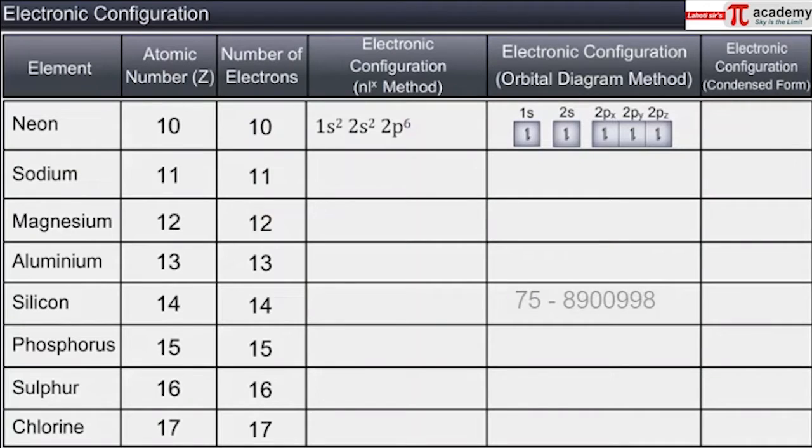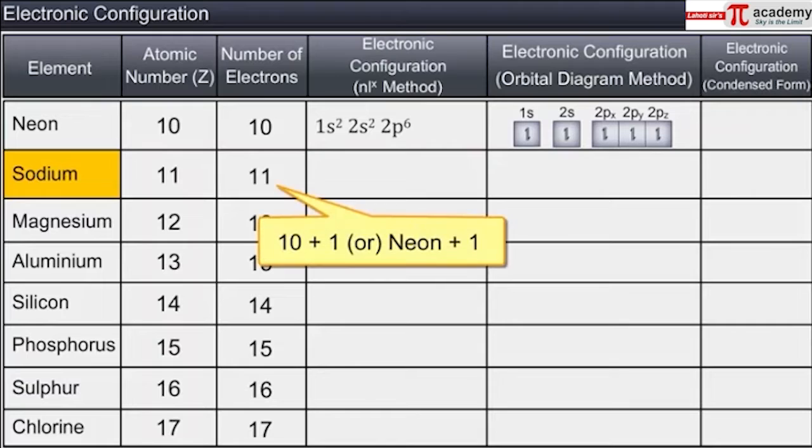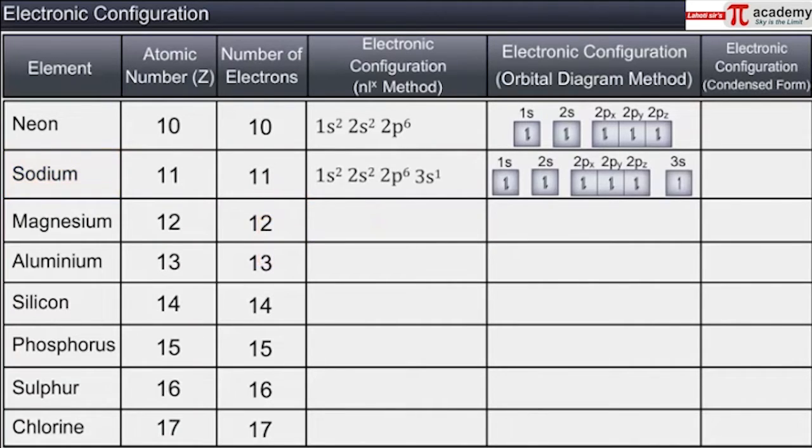We can also write the electronic configurations of most of the elements in a simplified manner or condensed form. For example, the element sodium, that has 11 electrons, has 1 electron more than its nearest noble gas, neon. The 11th electron will enter the 3s orbital. Therefore, the electronic configuration of sodium, which is 1s2,